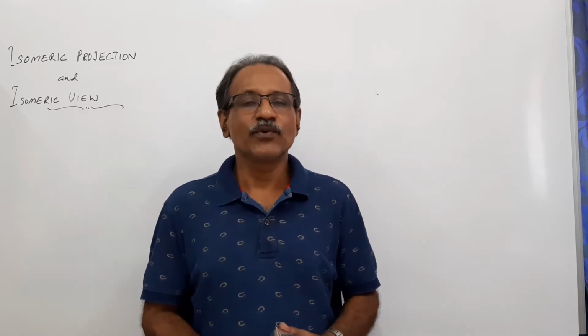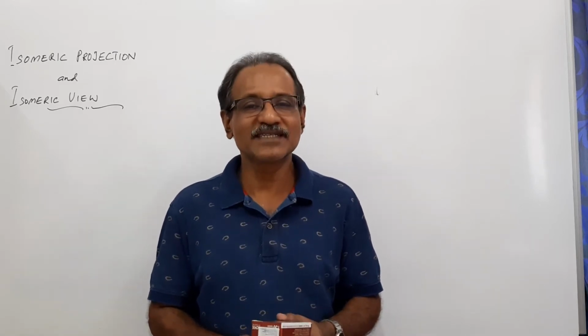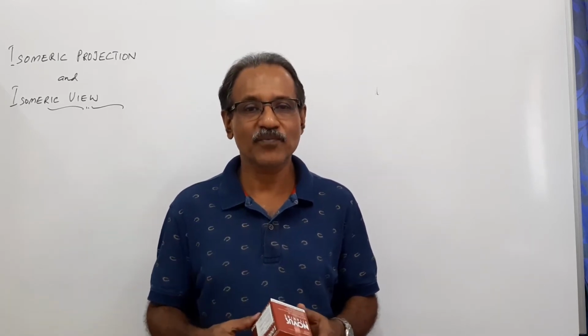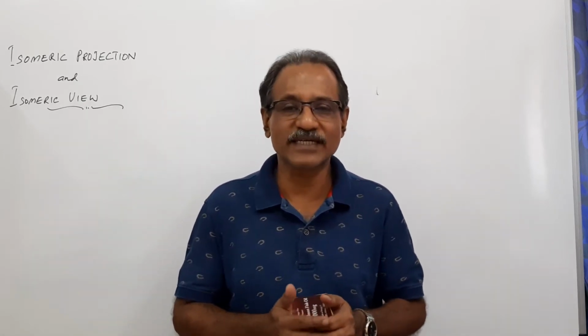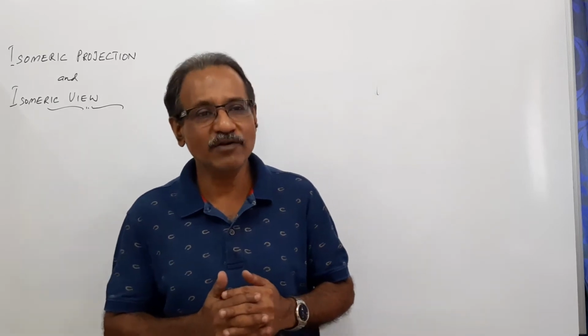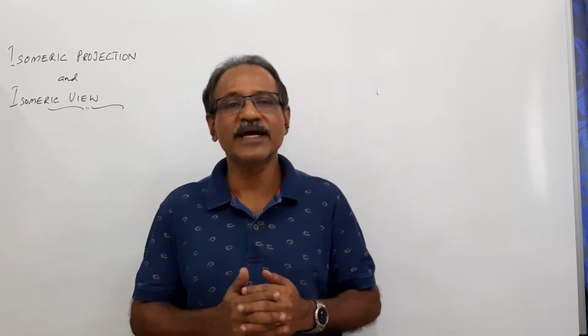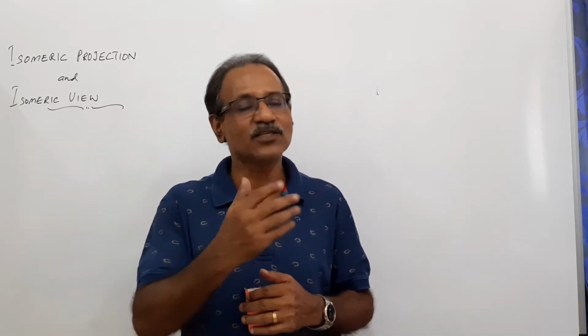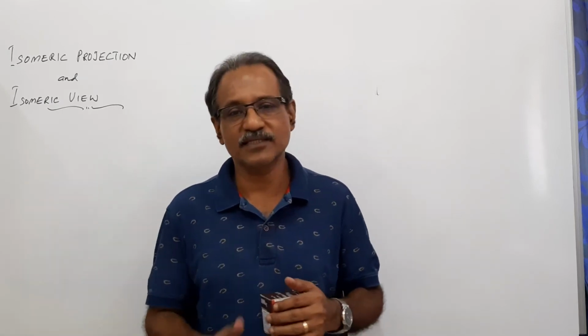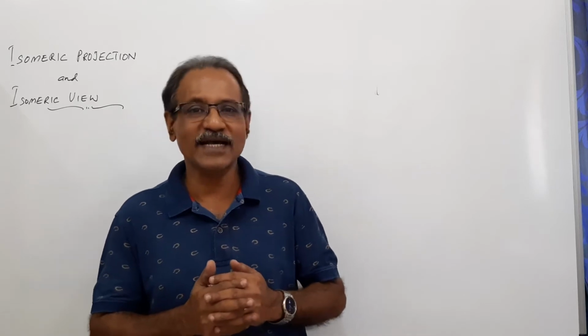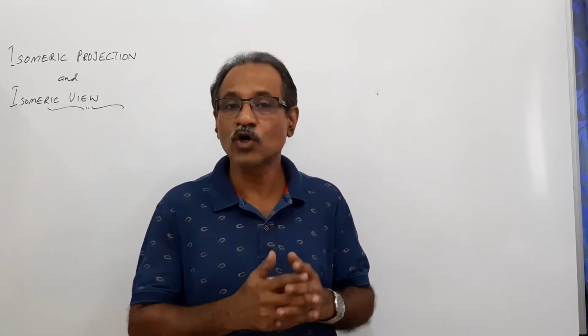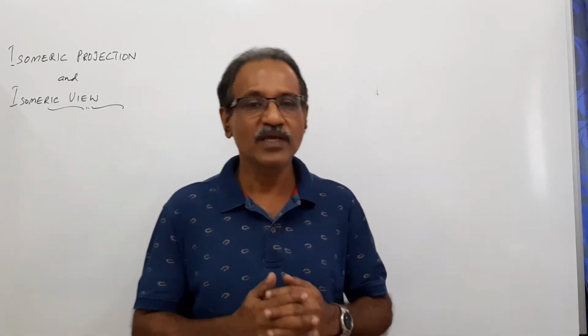In this video, we are going to discuss something new. We have drawn isometric views of various objects. How do we draw them? We have taken the three isometric axes, and we have taken the actual dimensions along the respective axes. We also learned that lengths that fall along axes are the same and all other lengths are different.